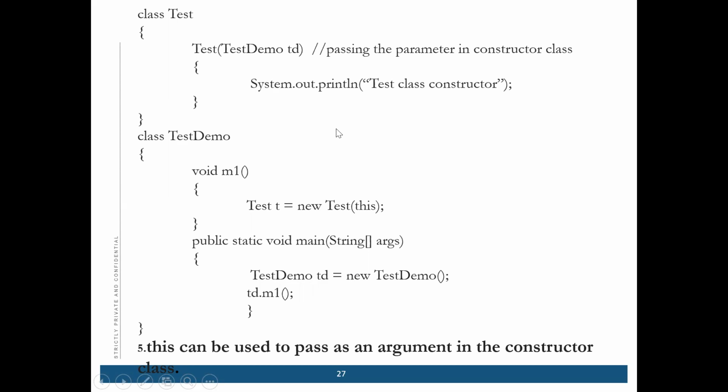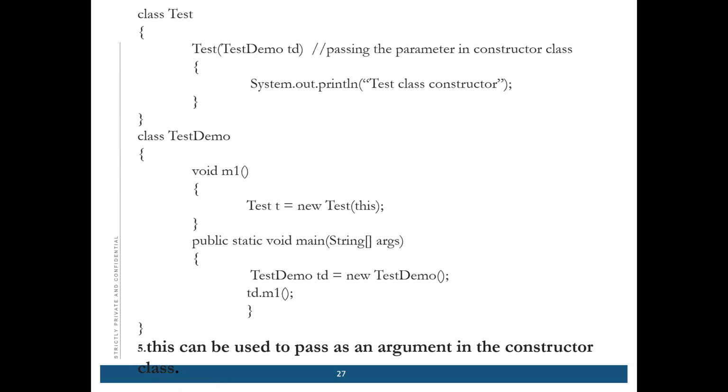Chavi, I have a question. Every time you said we should create the object in the public static void main. Inside that, it's not compulsory. That's what we are telling. You can create an object anywhere, in any method, but by default, if we have to call any method of any class, then we have to create an object. Are you getting my point?